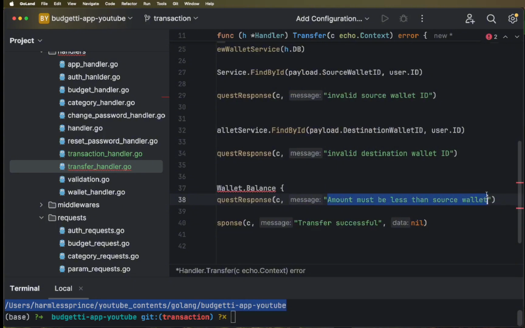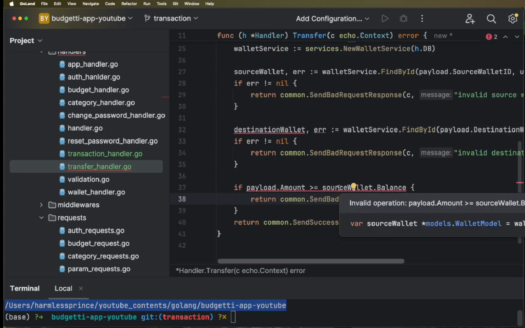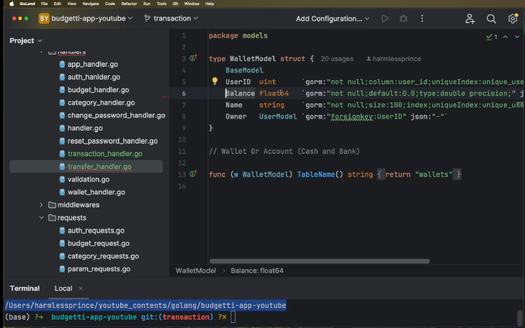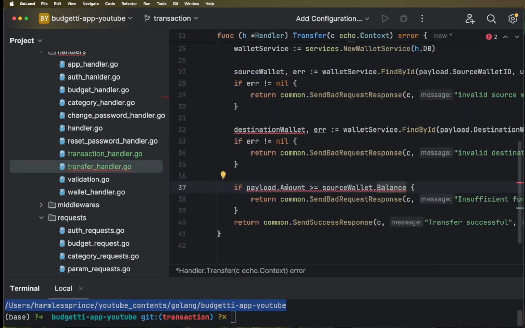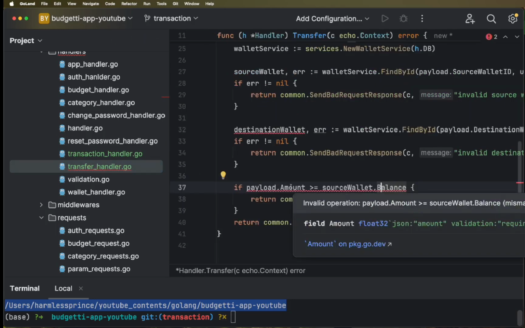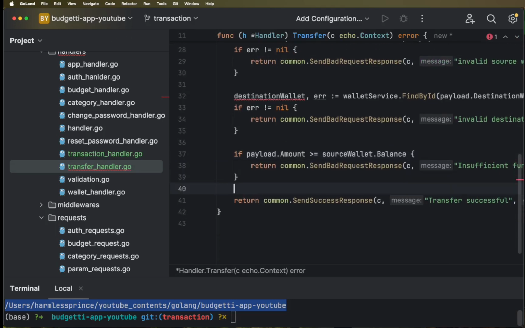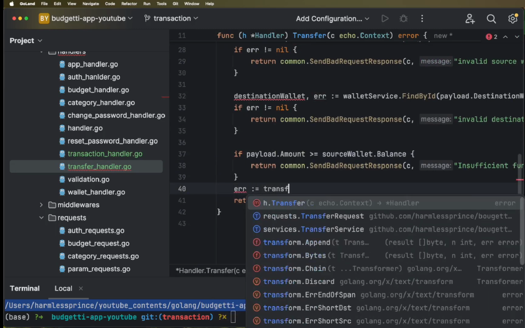So what we are going to do here is return insufficient funds, just to let the user know that they do not have enough. Okay, so from this, our source wallet is float 64, while our payload amount is float 32. Really? So this should be float 64. Sorry, that's corrected. Now, if all goes well, all we need to do now is call our transfer service